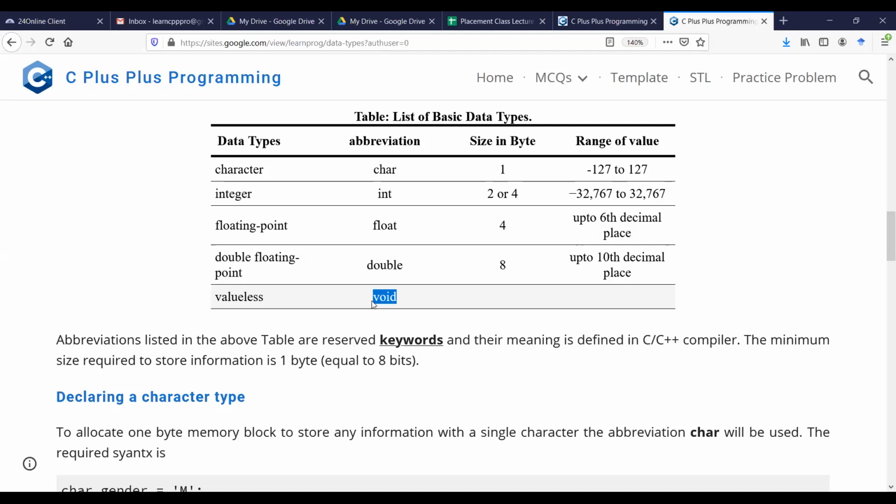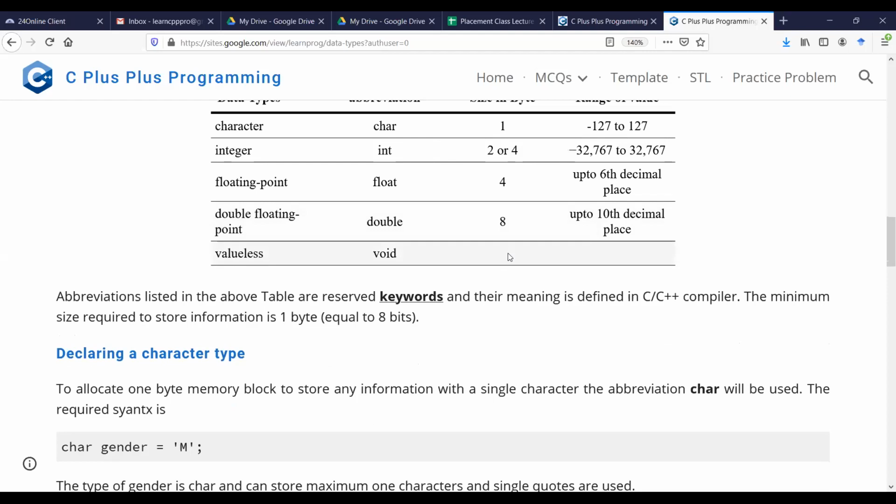Okay, so we'll see during this placement session various other uses of void, especially in pointers. Okay, void. So you should remember that void means generic, and there is no memory requirement. Not even 1 bit. It's just a type created to support a generic type. Okay, so now let us go with a few demonstrations.